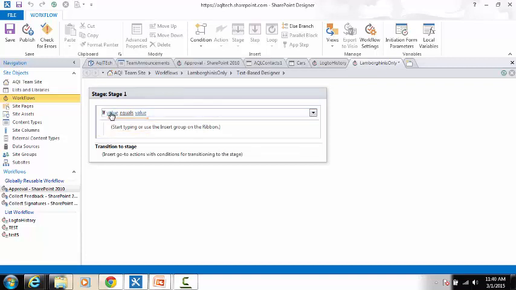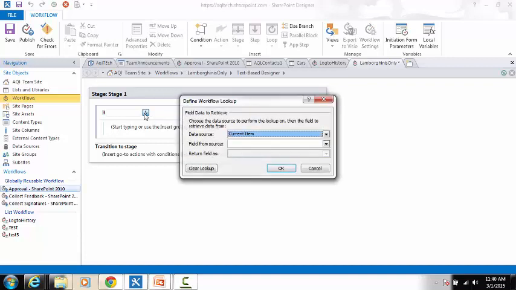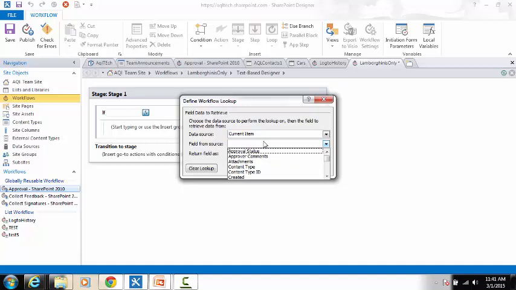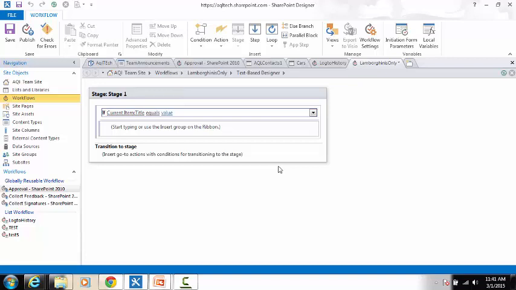In the value section, I'm going to click on value, but this time I need to verify the user input. I need to verify what the user has entered within the list. So I'm going to click on FX over here, which is defining the workflow lookup, and again the current item. Let's not forget what current item does. It's the list item on which the workflow fired, on which the workflow is running. So I'm saying that from the current item, get me the title, which is going to be the name of the car. So if the title is equal to